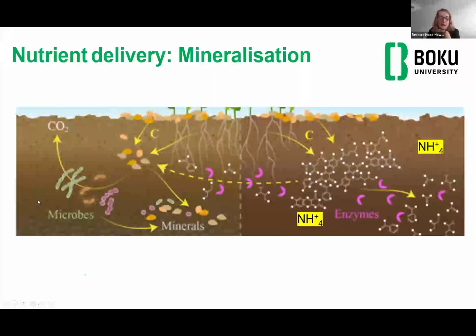So the next thing I'm going to talk about is nutrient delivery and why nutrient delivery is so important in soils. Basically, all organic matter comes into the soil, and it usually comes in very long chains, like chains of carbohydrates, chains of proteins. Think of it as big, long chains of organic matter, as we see here. Those long chains are very complex chemicals, and they need to be broken down in the soil for the plants to be able to take